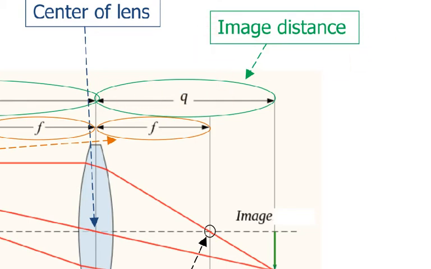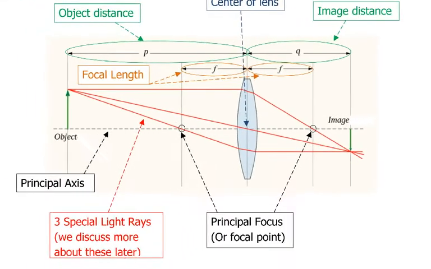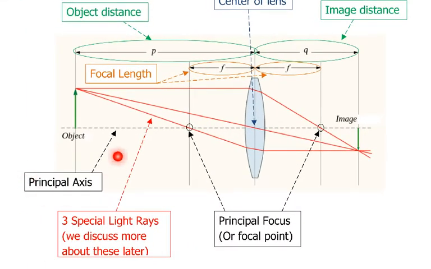So far we've got the principal axis right through the center. We have this central axis of the lens vertically. We have the center of the lens. We have the object distance and the object, and we have the image distance and the image. Just a couple more things to talk about,